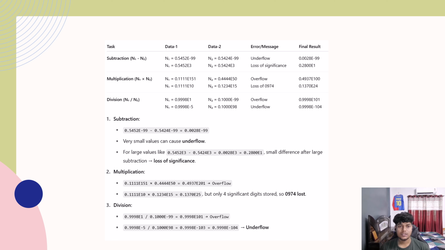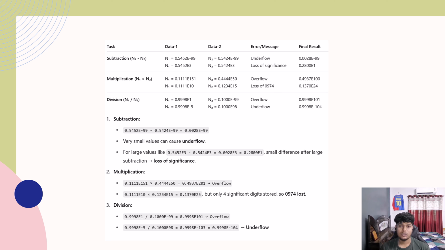Coming to the multiplication, n1 into n2. For multiplication, we multiply the values of n1 and n2, add their exponents, and normalize the result. We also check for overflow and underflow in the exponent and precision loss. In the table, data 1 has n1 and n2